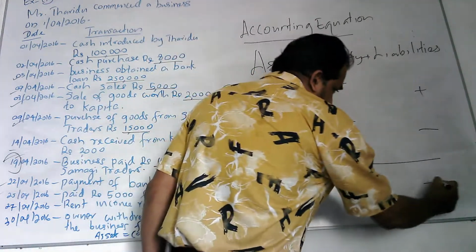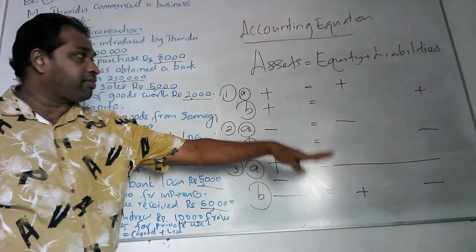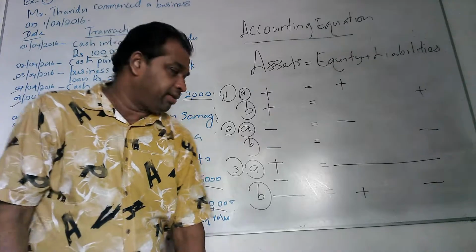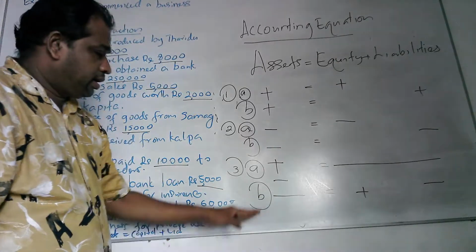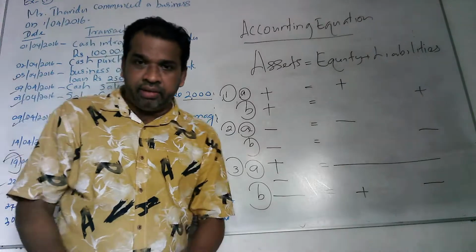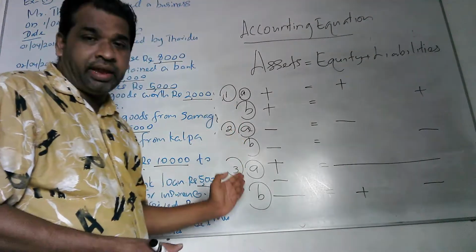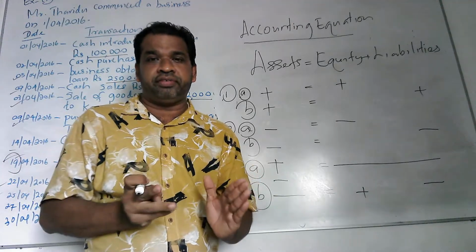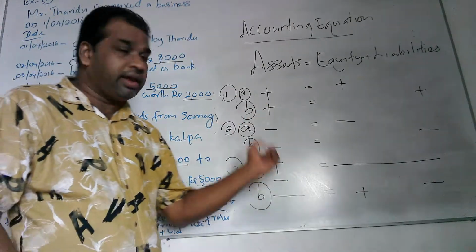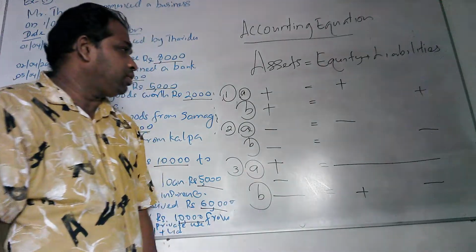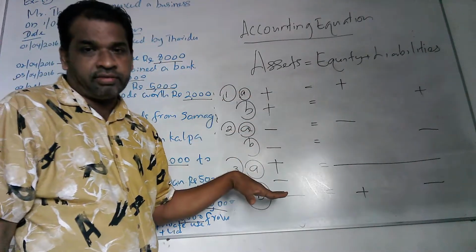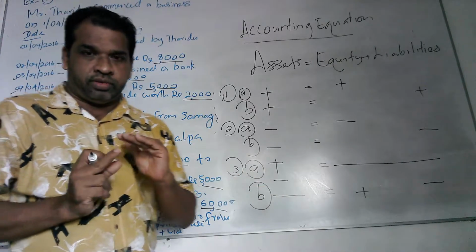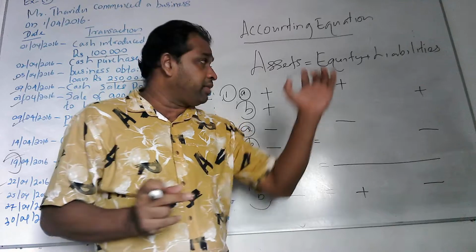There can be increase and decrease only under equity and liabilities, under the liability side. Nothing will happen under assets. I will explain again these three main changes. At the examination, you can insert any business transaction according to these three main changes. So you have to clearly understand these three main changes. Then it is easy for you to insert any business transaction in this account equation.